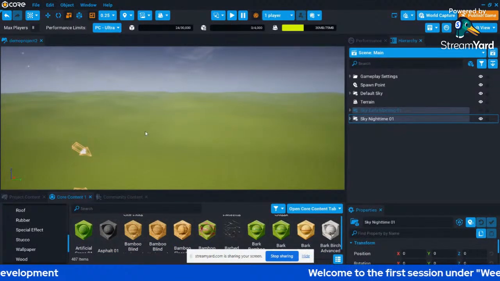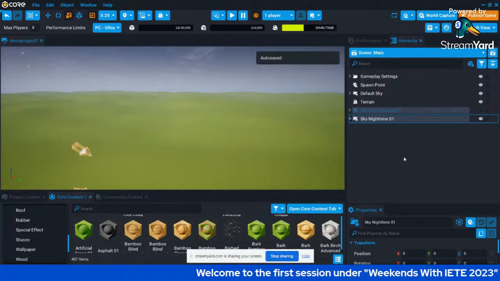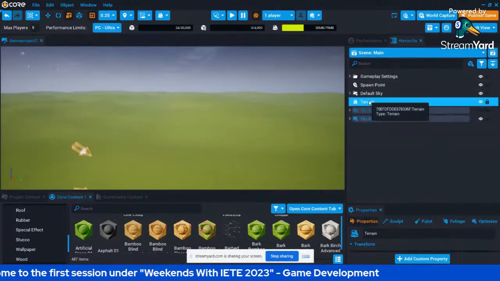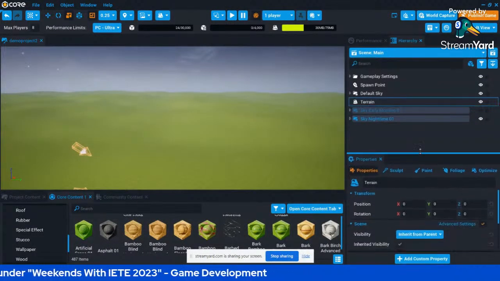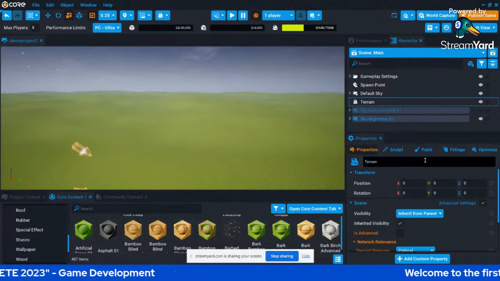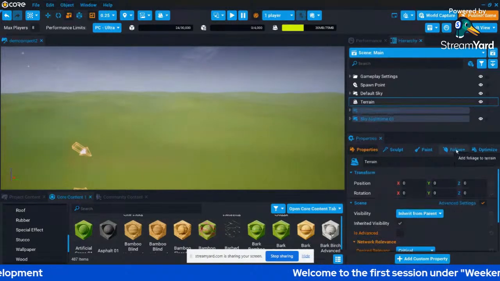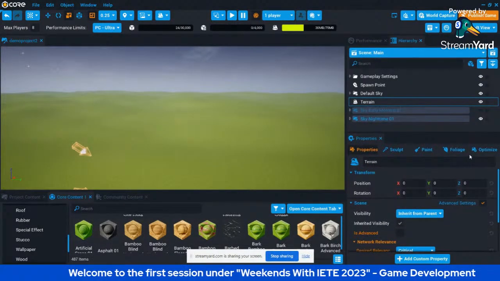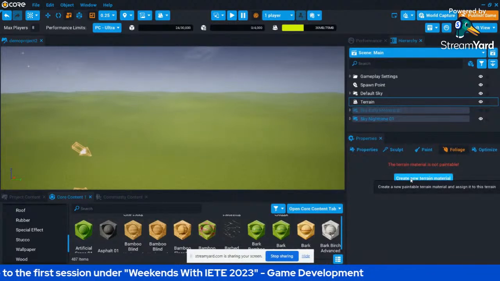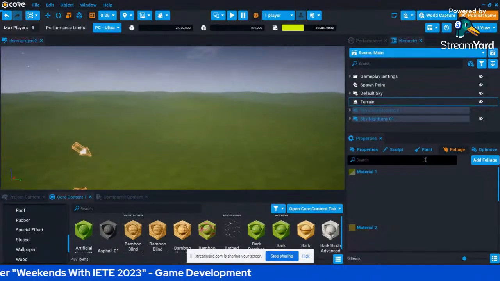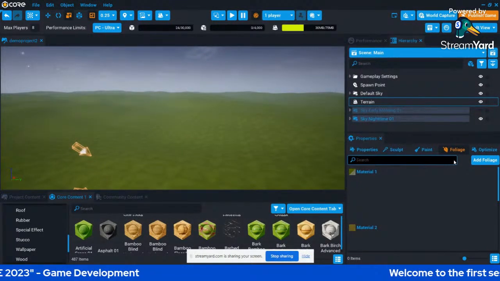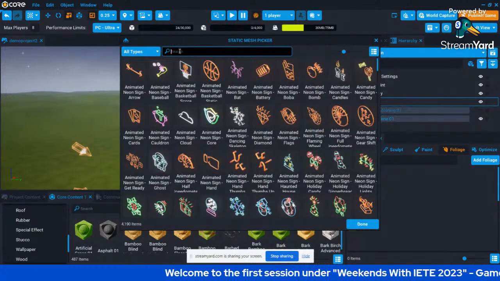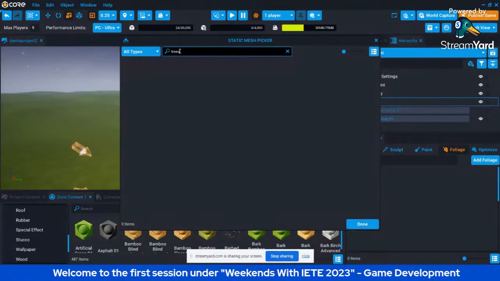Now as we have chosen our terrain for this project, you will have some plus points that will be provided by this terrain object. You can select terrain, come in properties and you can see that you have these properties like paint foliage. Now we want to add various props in this. We don't want this blank floor, right? So just click on foliage. Now you want to create a new terrain material. So click on it. You can search various options like add foliage. Click on add foliage. We want to add some trees.